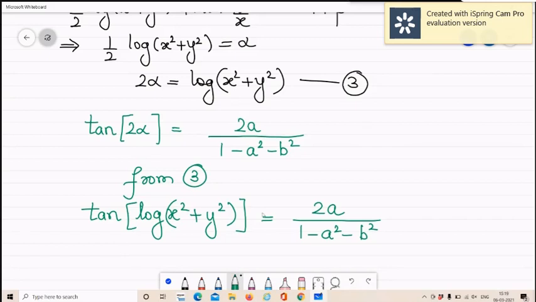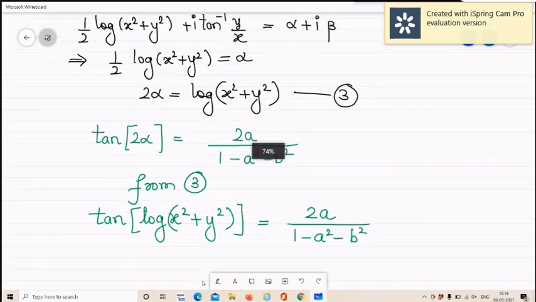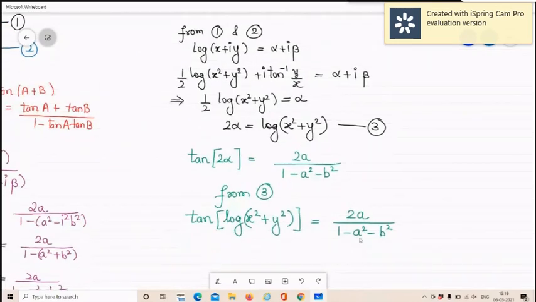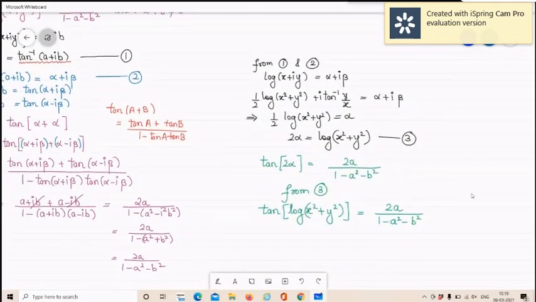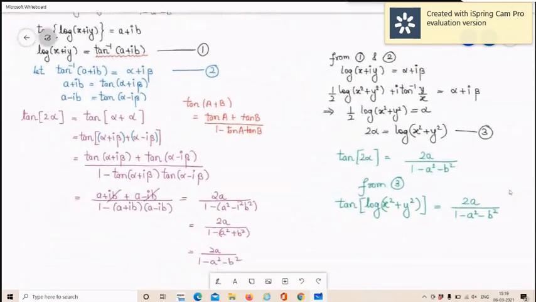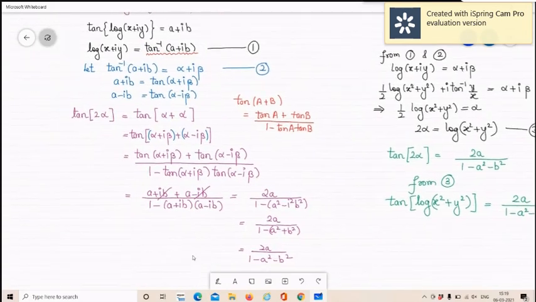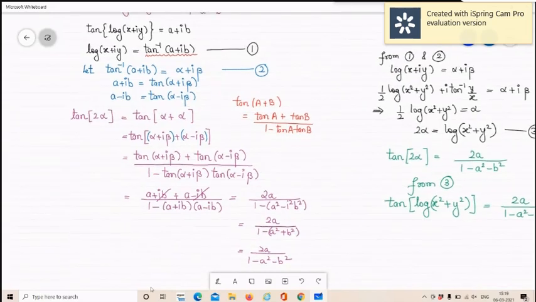Is it now understood? Why was alpha taken? Yes, ma'am. There will be sums. Right now it is not in log, but in hyperbolic sums also, we are going to use this concept again. Which concept? This tan of 2 alpha, alpha plus alpha. Similarly there is tan of 2 i beta too. That will be tan of i beta plus i beta. That concept will come very soon. Is that clear? So first go through this and tell me whether it is understood. Thoroughly go through it, and if it is understood, then you put it in the chat box.